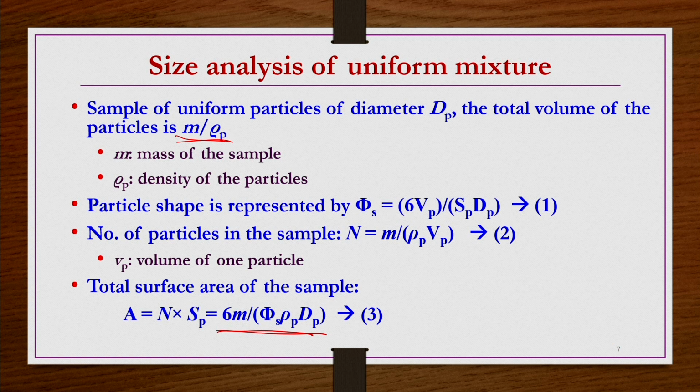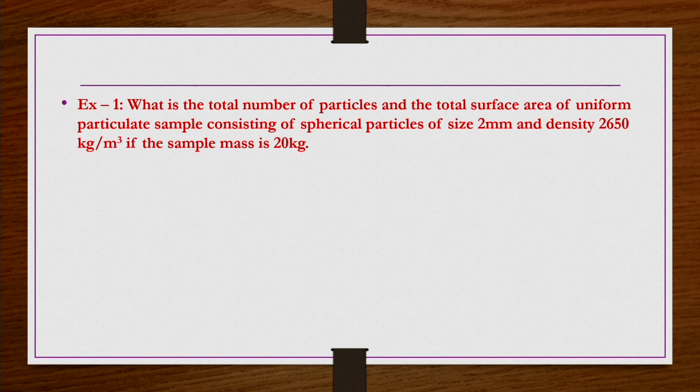So, that means if you know the mass of the sample, the density of the particles, and the size of one single particle, then you can know the total surface area using this, without worrying about other information like what the volume or surface area is, or the difference from one particle to another. You do not need to worry because of the uniformity of the mixture. Then if you have a non-uniform mixture, how to do it?